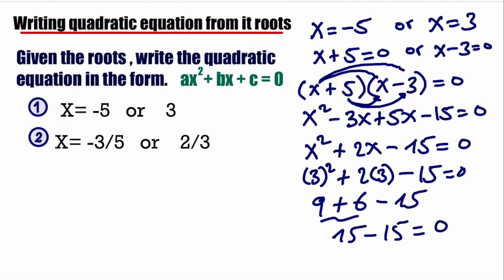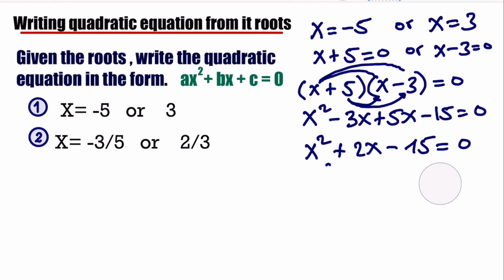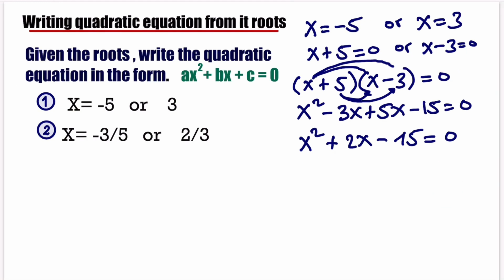So the answer for this quadratic equation will be x squared plus 2x minus 15 equals 0. So that's the solution. So for question 2,